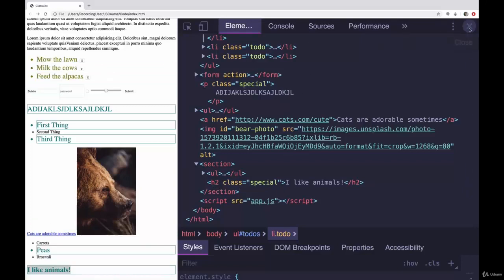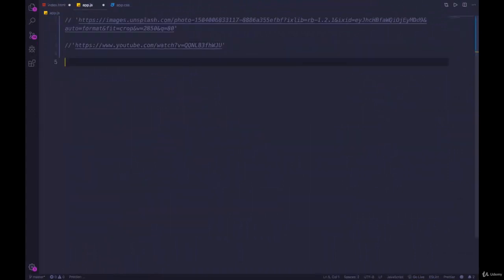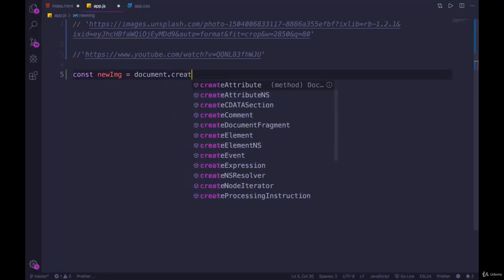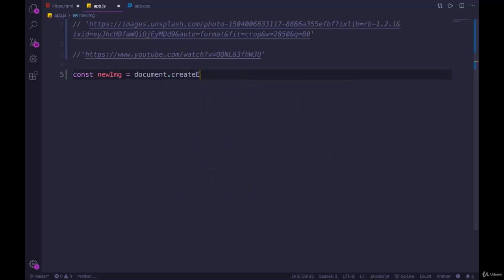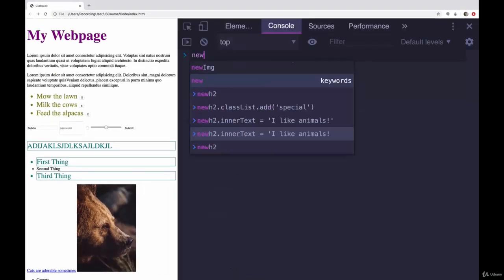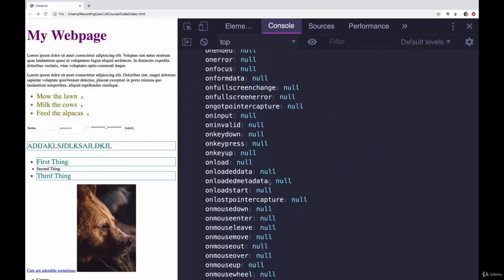Let's do a couple more examples. We also have the ability to make all sorts of different elements, so why don't we try making an image? So I have an image URL I'll use here from Unsplash. We'll make our new image, so const newImage equals document.createElement, and we pass in image. And if I just do that and I run my code again, let's take a look at new image. Same thing, console.dir new image. We can see that it's also an object, of course, for making a new element, but